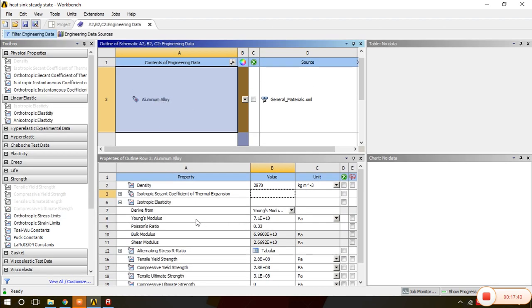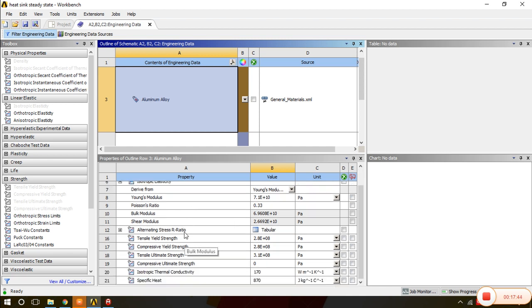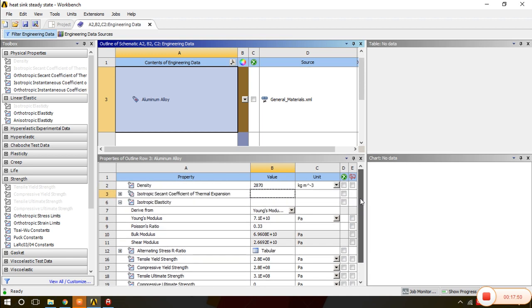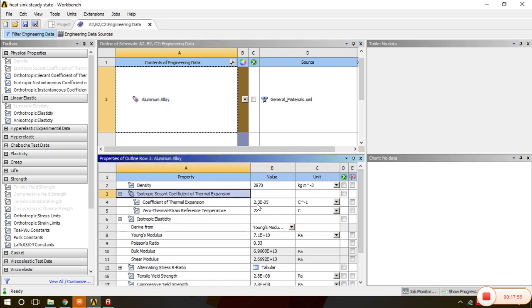Here we have the Young's modulus of elasticity, Poisson's ratio, which is another important property, and one more thing we have to see here, that is the coefficient of thermal expansion. See this property, we have to see the coefficient of thermal expansion. So we have the coefficient of thermal expansion here as per the condition, means whatever the aluminum alloy is having.